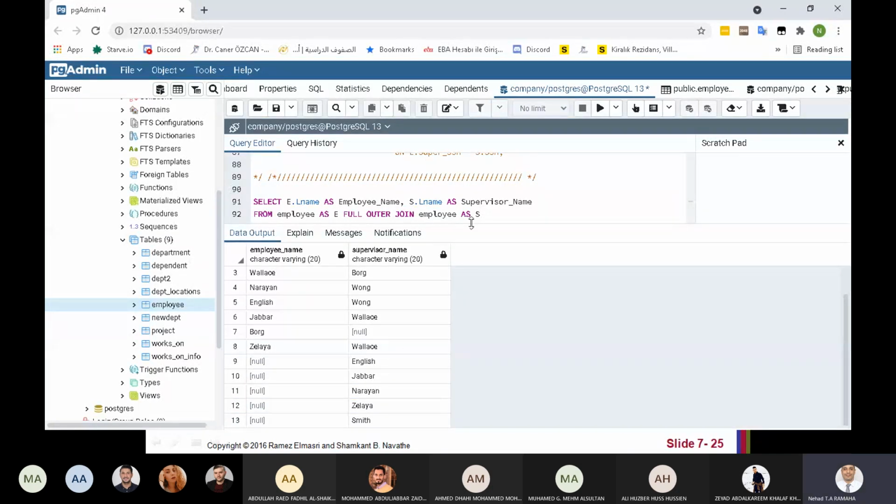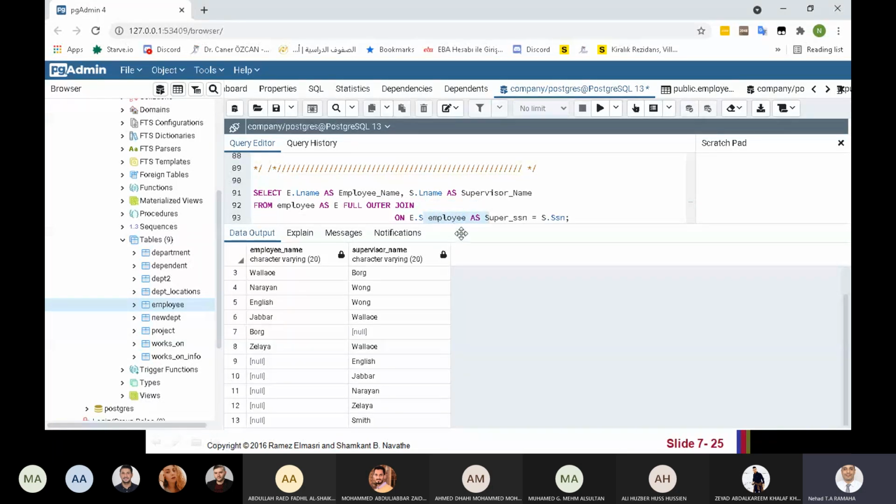Why? Because actually S is also employee, so the right is all employees and the left is all employees. This is when the employee has a supervisor, and this when the employee does not have a supervisor, and this when this employee supervises no one. If the right has no existing values in the left, it will be null. This is for the full outer join.